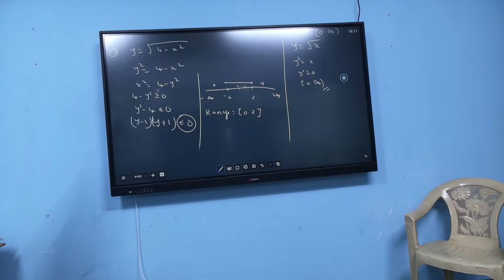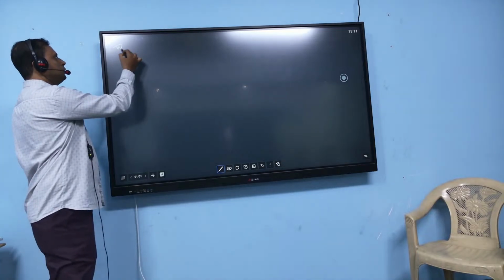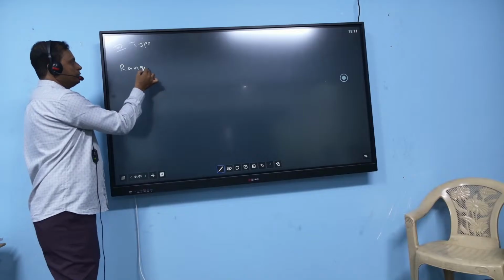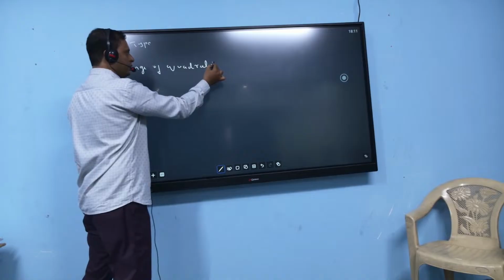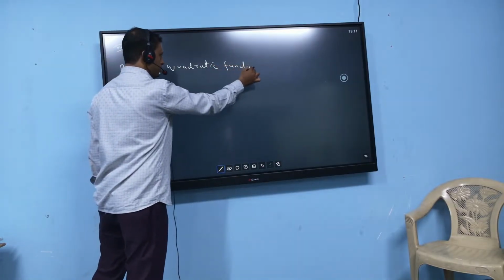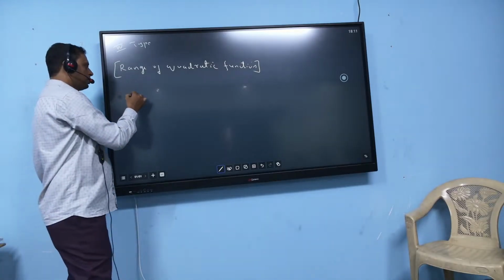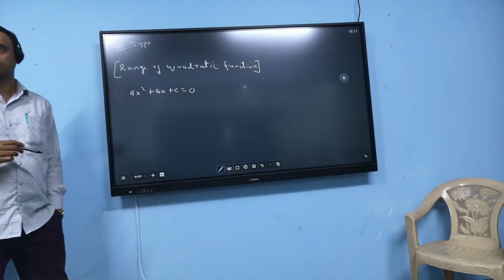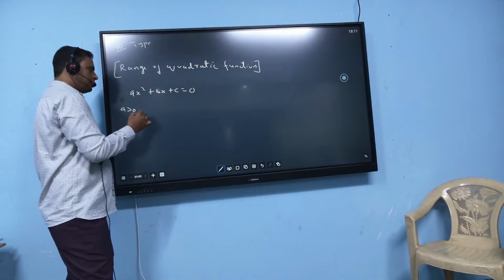Done? Go over. Okay. So next type. Type four: range of quadratic function. What is a quadratic equation? a x square plus b x plus c equal to 0. Okay. See, if a is greater than 0, we have a formula: